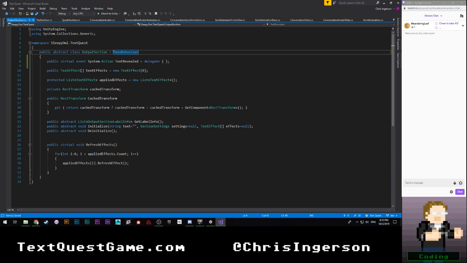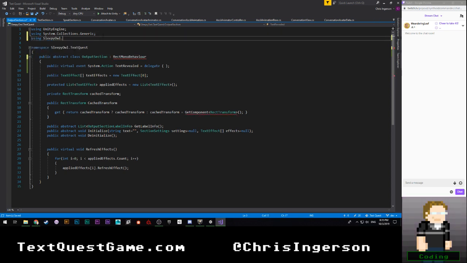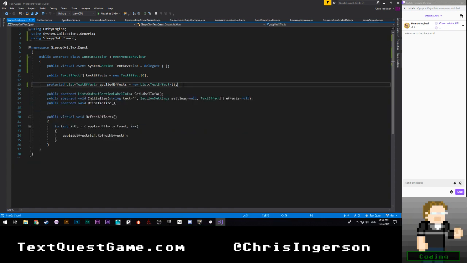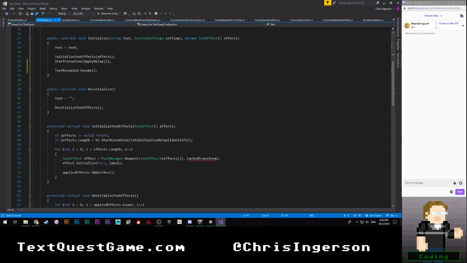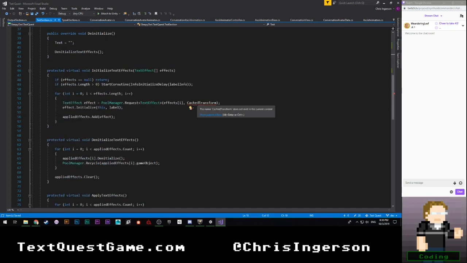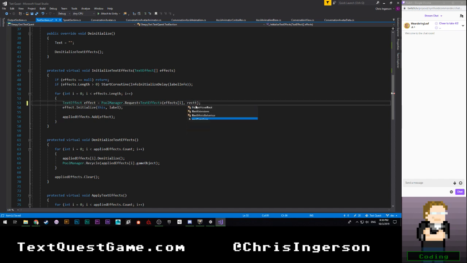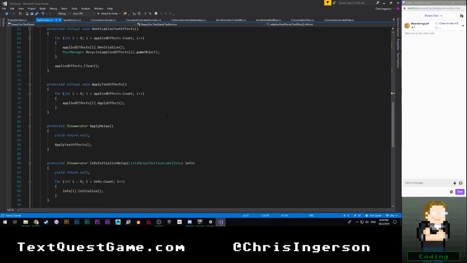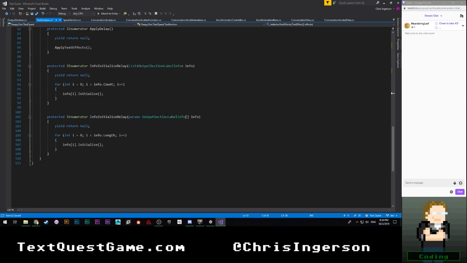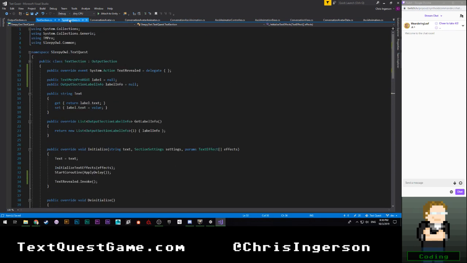Also, we can make this a RectMonoBehaviour. Rect. Which lets us get rid of this, which I'm 90% sure weren't actually being used. Okay. And speak section.